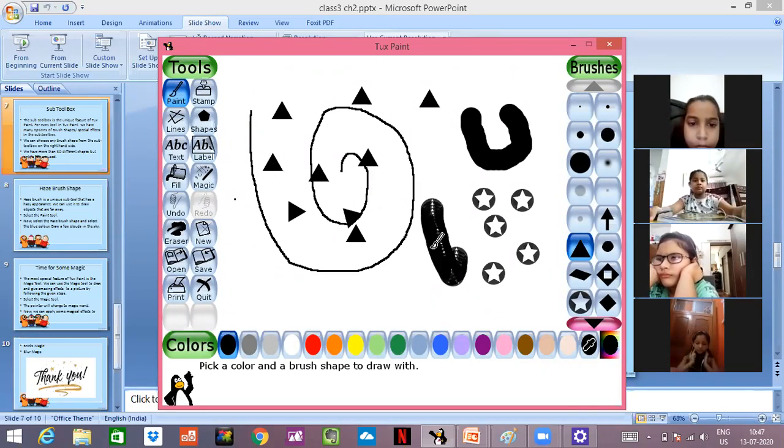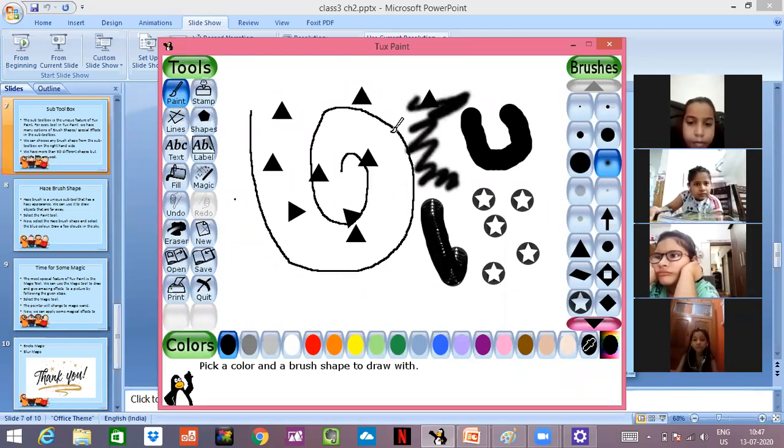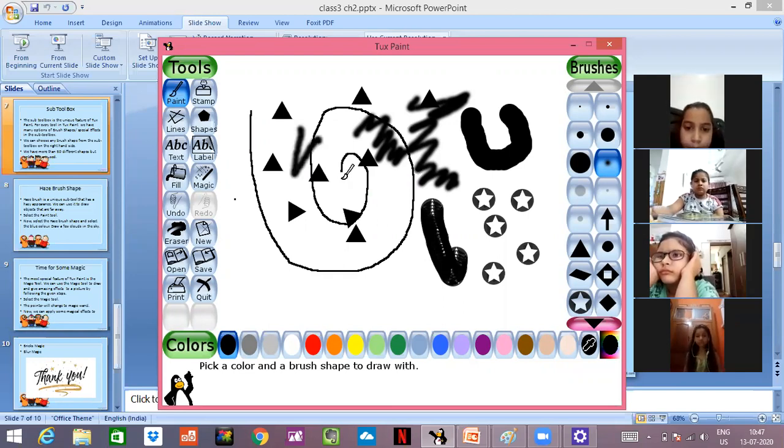ओके, now we will come to this. We have done the brush tool. अब जैसे आप कभी ड्राइंग बनाते हो और कोई चीज बहुत दूर है, when something is too far, you use this. See, this is giving a blur effect. Blur means this is far away. You are having different effects. So what you all have to do, you all have to just install this and you all would be able to work on this app.